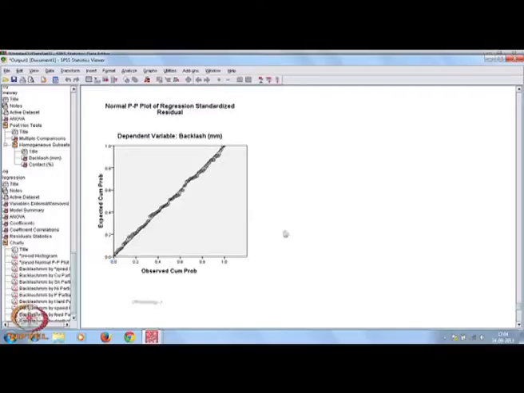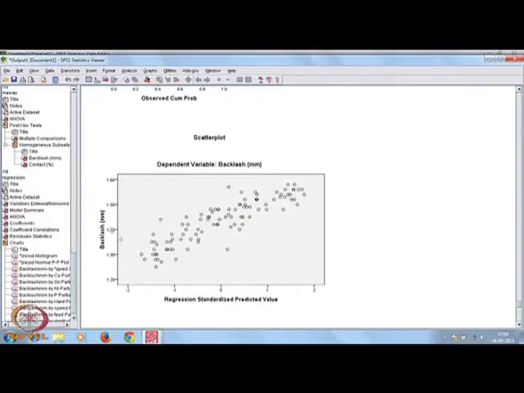Now, you see the observed cumulative probability versus expected cumulative probability, that is the PP plot of errors. This is also along the straight line, so that is fine. Now, you see backlash versus regression predicted values, it is clearly linear regression.